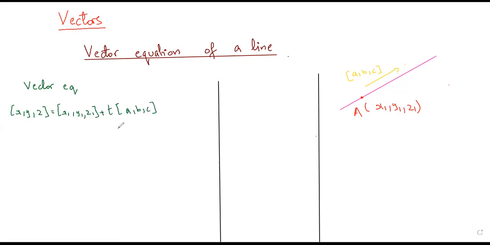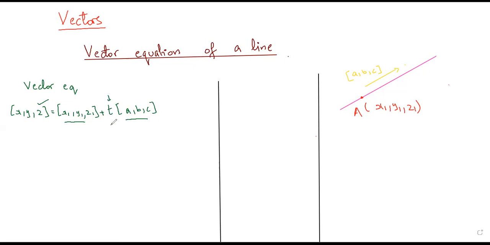Now, you need to understand that this is your vector equation, which is equal to the point lying on that line plus t multiplied by the vector that is parallel to